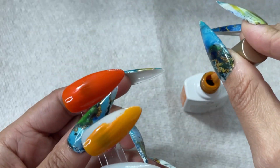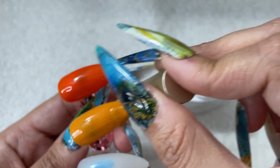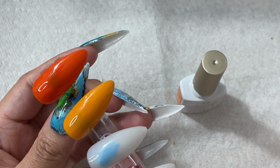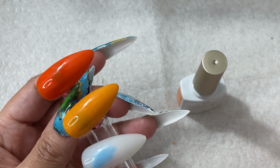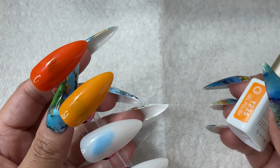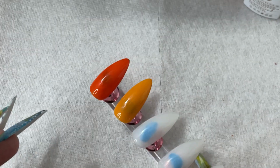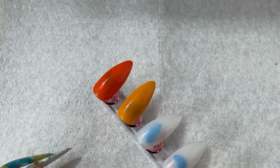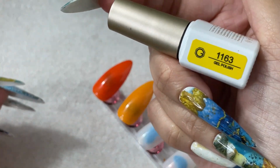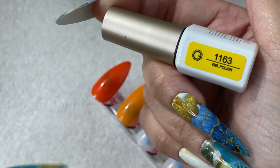I mix colors a lot to make certain colors, and this is definitely a color that I use often. This yellowy mustard type color is really good for mixing to make a skin tone. Yeah, a skin tone type color. So that is a good color for that. Even when I paint, I use that type of color a lot. I was about to say yellow. So this is a yellow color,